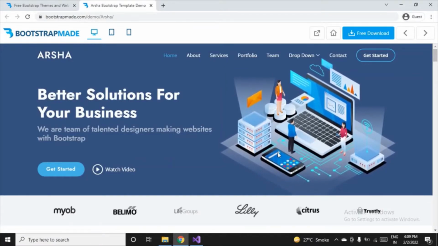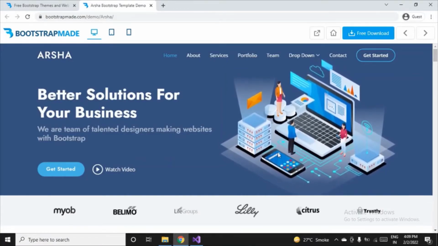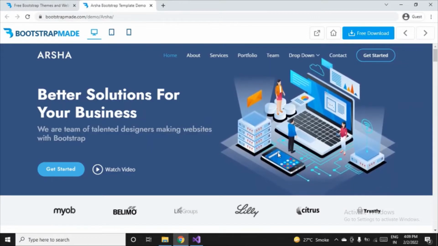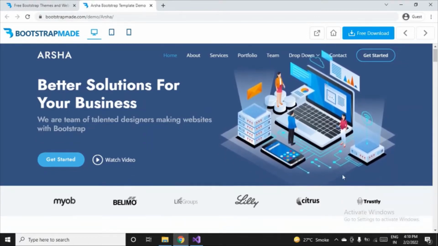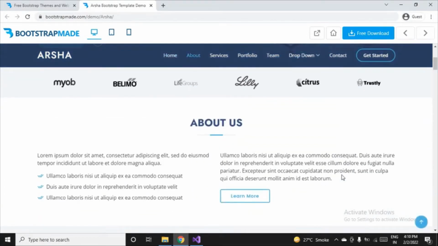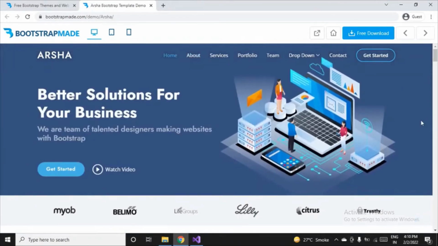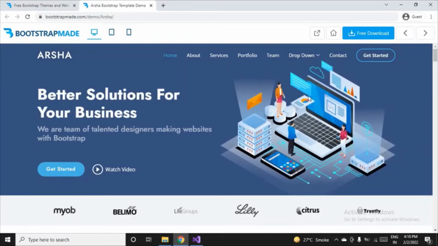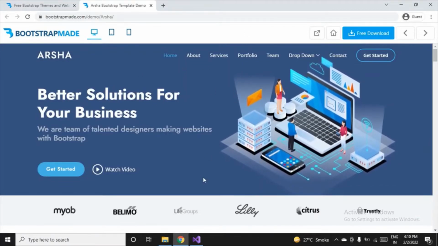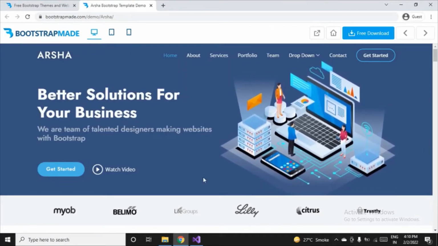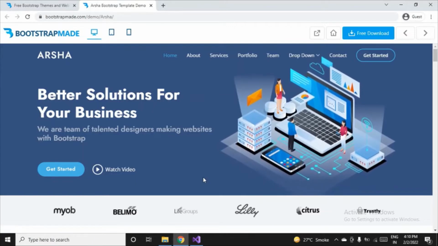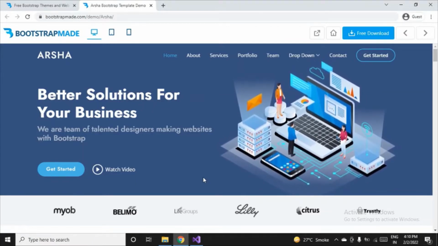You can even convert this single page into multiple pages, and if you want to, you can also stick to this type of structure. But we'll be dividing this single page website into different pages, so that will help us present the project in a proper manner, showing that we have created so many pages here.